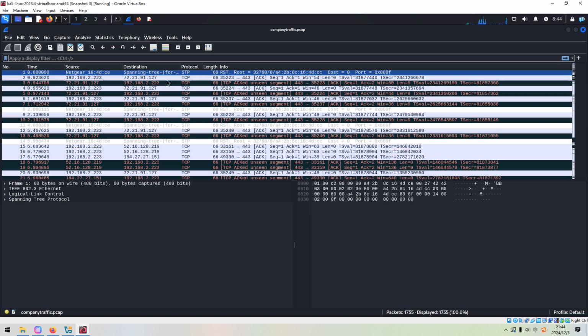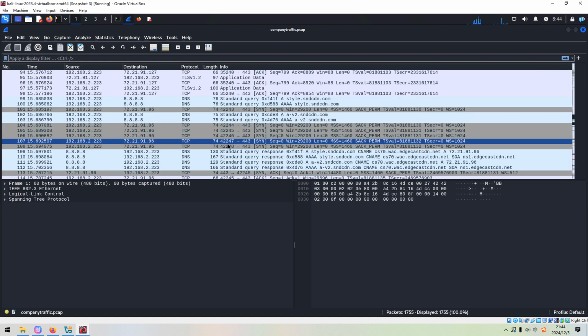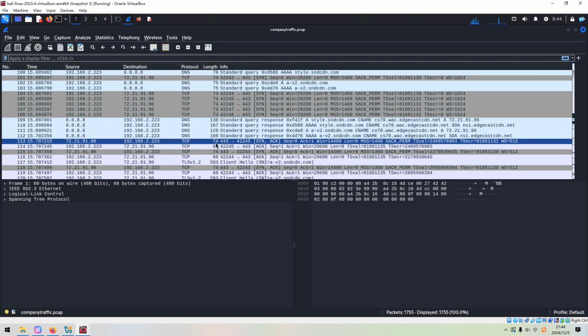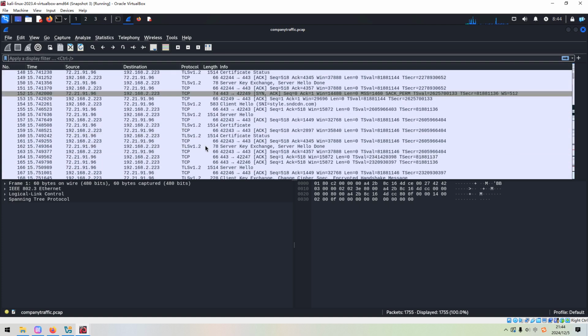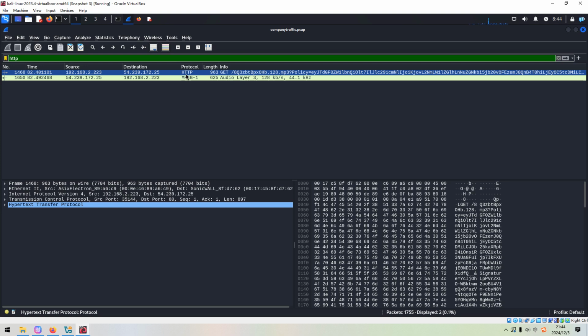You know, there are a lot of packets. However, if you scroll down, some DNS, TCP. So how about HTTP? We found HTTP. Even we can find the MP3. You know, this request is trying to download the MP3 file.